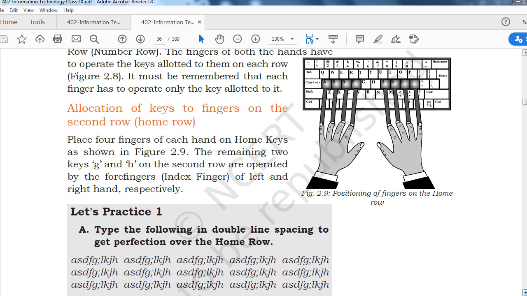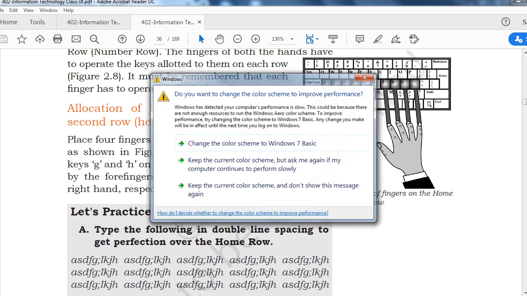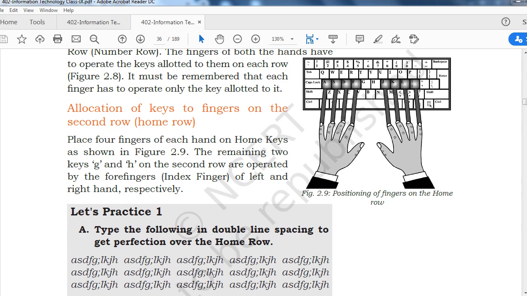Allocation of keys to the fingers on the second row. Place 4 fingers of each hand on the home keys as shown in the figure.